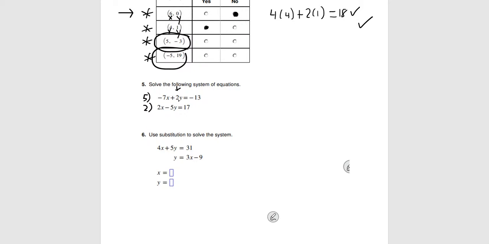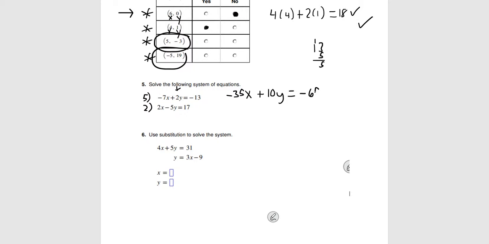That's going to give me a 10y for the top equation and a negative 10y for the bottom equation. That will then eliminate. So remember, you get to pick whatever you want to do to change the equation so that when you add them together, one of your variables drops out. So 5 times negative 7 is negative 35x. 5 times 2y is 10y. 5 times negative 13